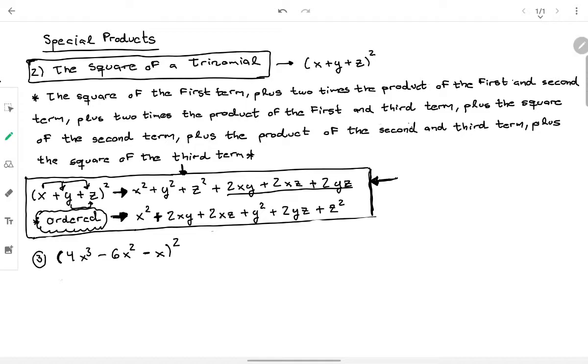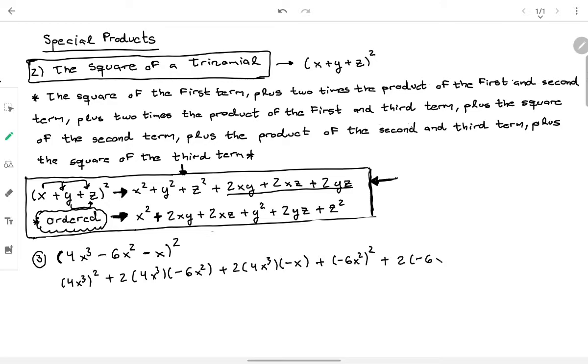So it will be the rule, remember, it's the first one squared plus 2 times the first one multiplied by the second one plus 2 times the first one multiplied by the third one plus the second one squared plus 2 times the second one multiplied by the third one plus the third one